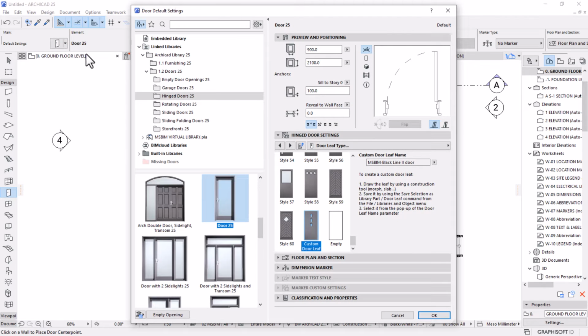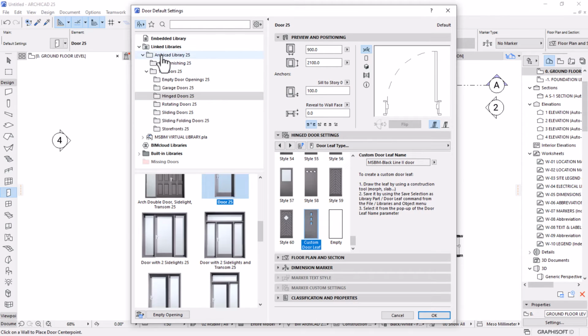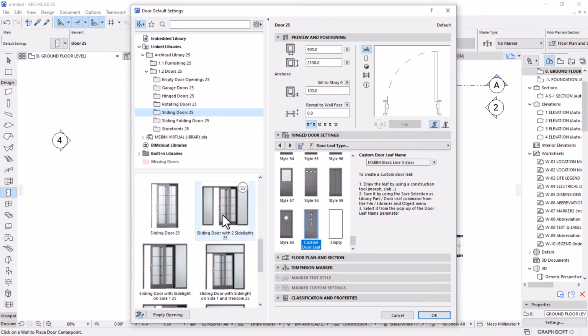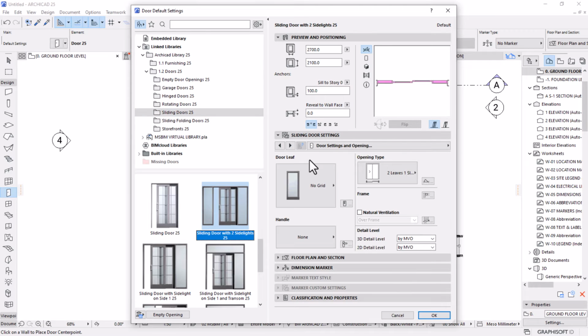Each tool has this default settings where all the parameters on the info box are extended. So what I need to do is to come here on the default library of Archicad and find the door that I want to use. In this case, I'm going to go on the folder for sliding doors. Let's scroll down and find the sliding door with two slides, two side lights. Okay, I'll activate this, and then